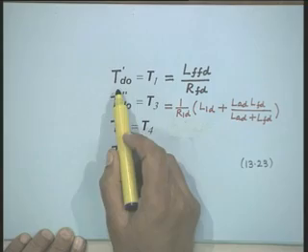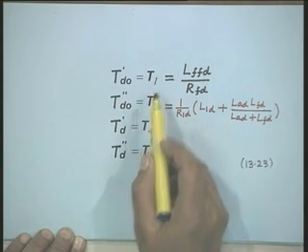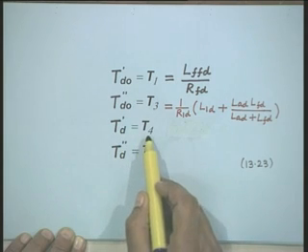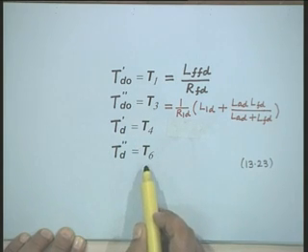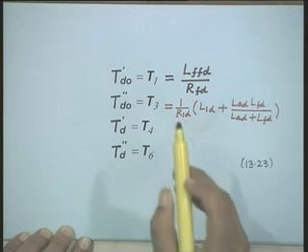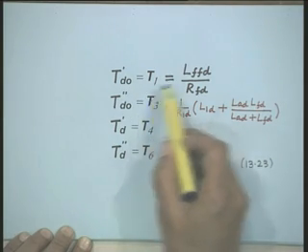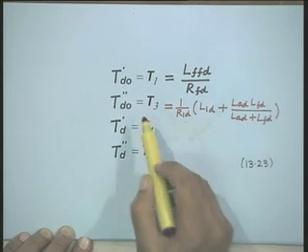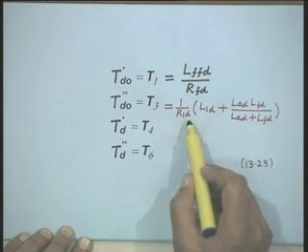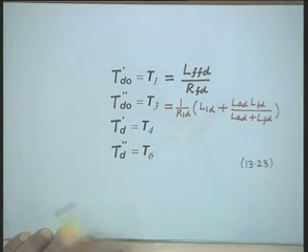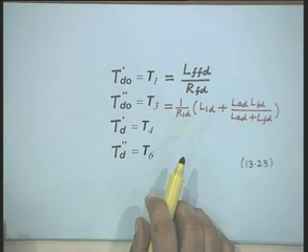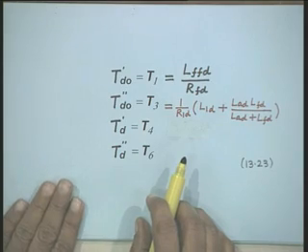Now, when you do this, you will find that T d prime can be identified as T1, T d double prime can be identified as T3, T d prime can be identified as T4 and T d double prime can be identified as T6. While we know that T1 is equal to L ffd divided by R fd. Similarly, T d double prime is equal to 1 upon R1d multiplied by this expression, and expressions for T d, T4 and T6 were also derived. Therefore, they are all time constants.